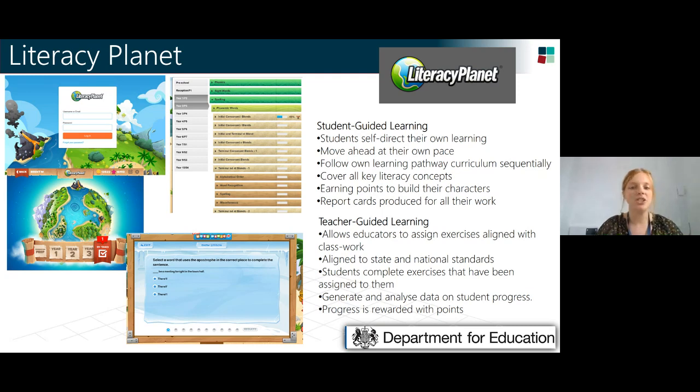So it allows teachers to assign specific classwork, and this aligns to the curriculum, so you can search through the year group. So you can see in the screenshot we can go from preschool up to year 10, so it goes through secondary school as well, and you've got elements within each year group, and it follows through the different focuses that they should be doing. So students complete exercises that have been assigned to them, and it will then generate and analyse the data based on student progress. We found this really useful within our trust,